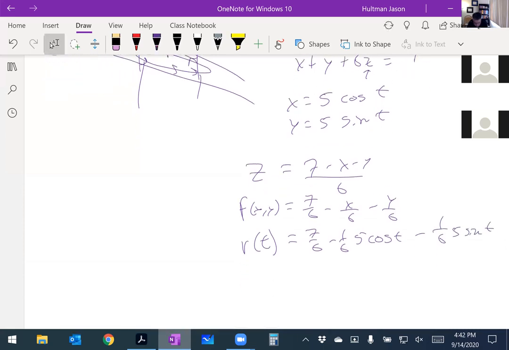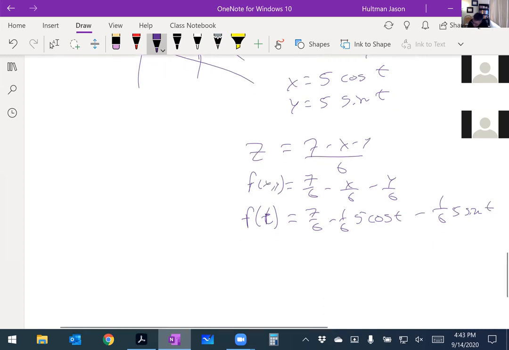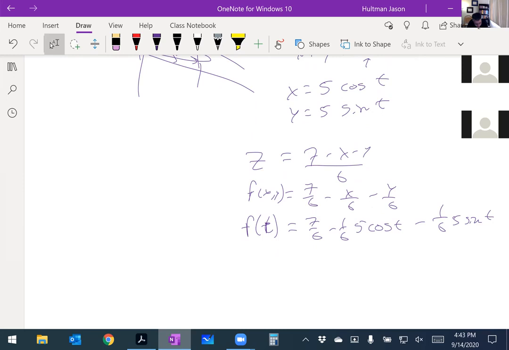And that gives me r of t. Okay. And so actually it's not r of t yet because it's not a vector. This is just a function. This is just f of x, y. And now this is f of t, right? Okay, so this is f of t. It's not r of t yet, it's f of t. Okay, that's good, because we need it to be a vector though. Okay. So